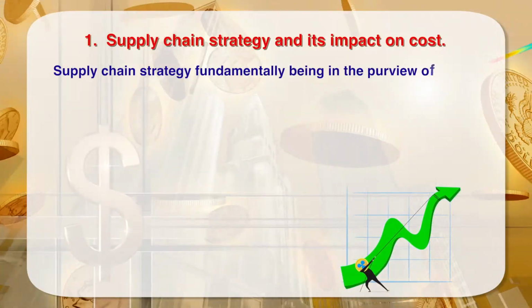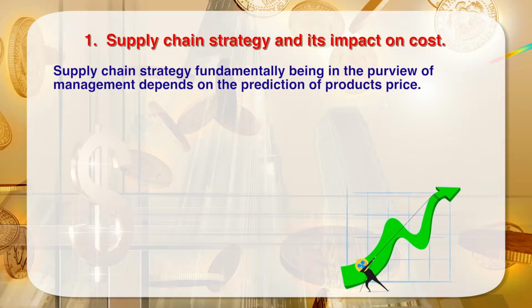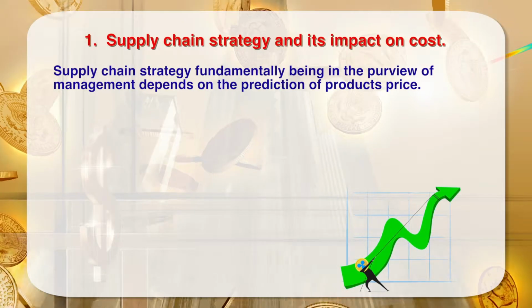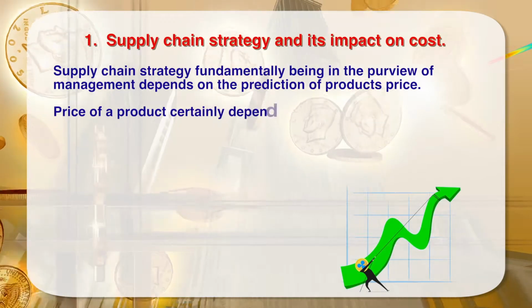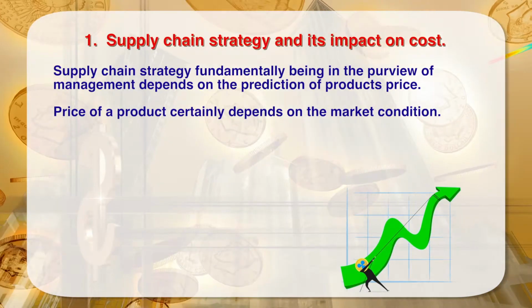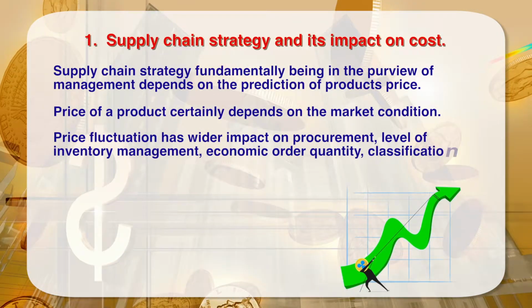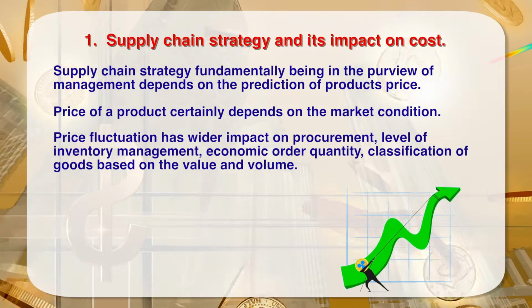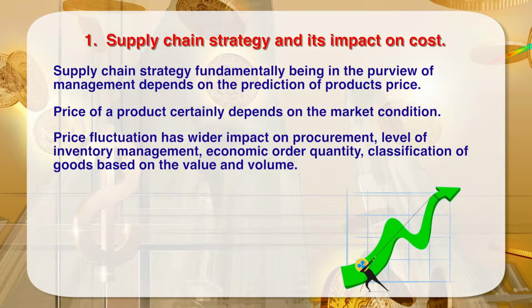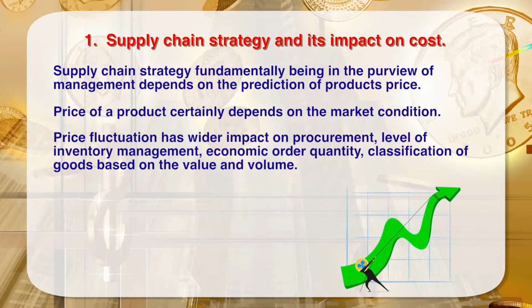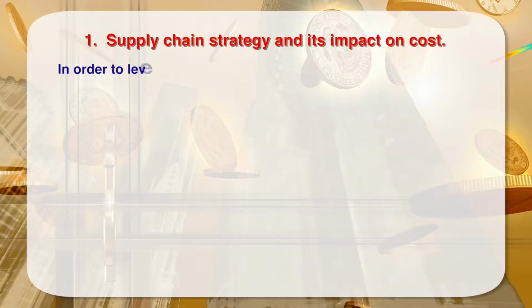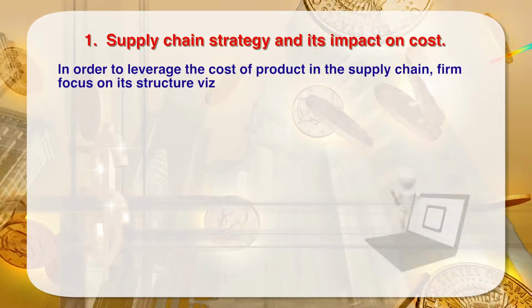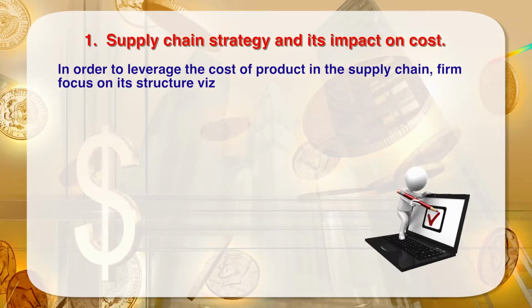Supply chain strategy, fundamentally being in the purview of management, depends on the prediction of product price. Price of a product certainly depends on the market condition. Price fluctuation has wider impact on procurement, level of inventory management, economic order quantity, classification of goods based on the value and volume. In order to leverage the cost of product in the supply chain, firms focus on its structure,